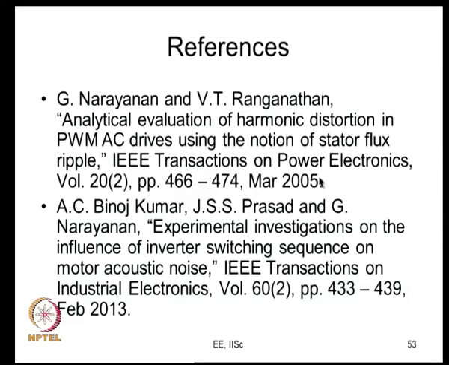These are some other references where the d axis and the q axis and their significances are explained. There is also an earlier paper by Professor Fukuda which talks about these things. This is one paper where you talk of the d axis and the q axis ripple and their significances, and this is another interesting paper on a PWM method where you use 1 0 1 2 and 2 7 2 1; it reduces the motor acoustic noise. It is not about pulsating torque, but it shows that this kind of sequence has the benefit of reducing the acoustic noise.